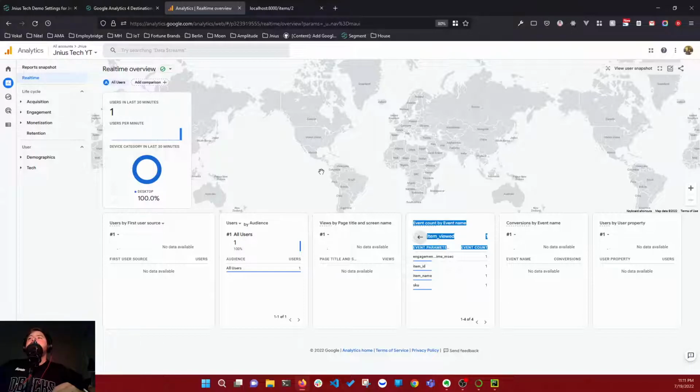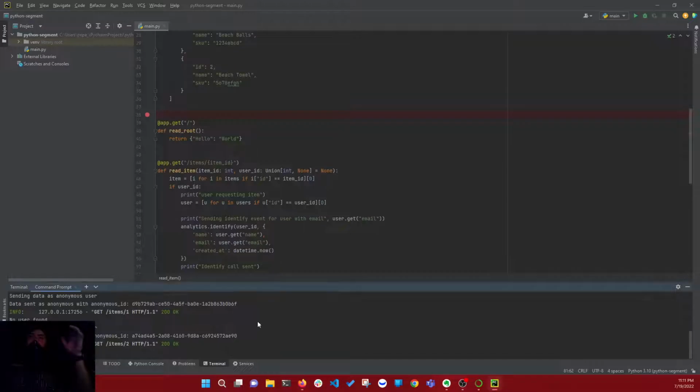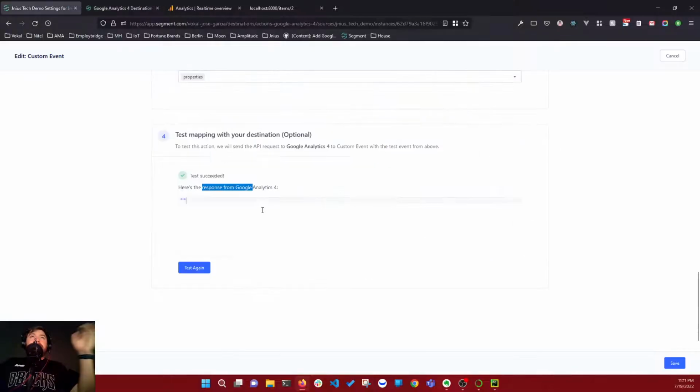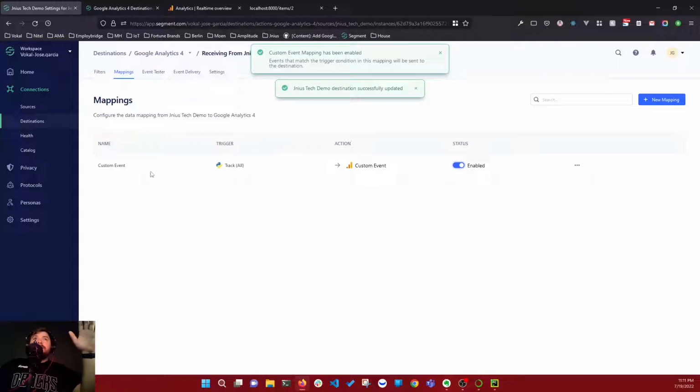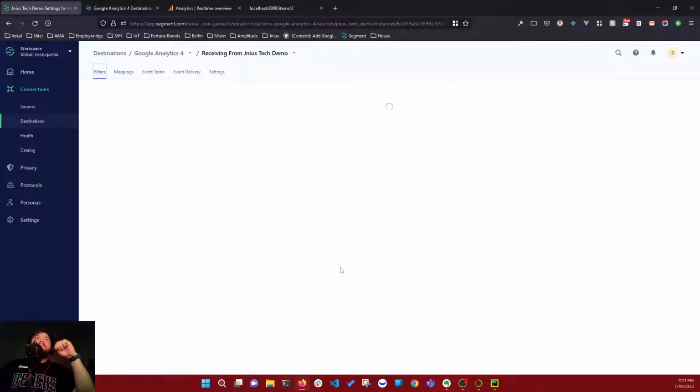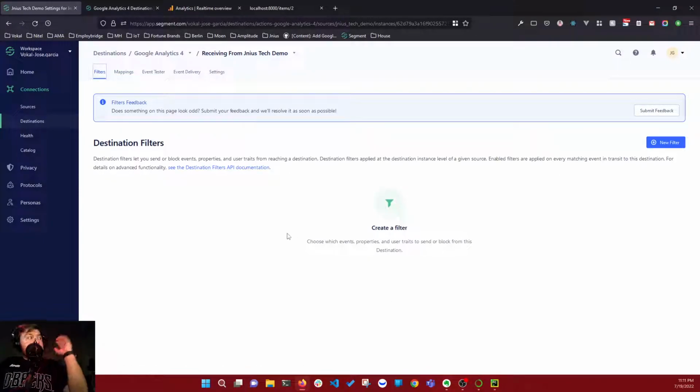I'll have to see what's up there. But now we have data flowing from a Python API to Segment to Google Analytics. So now we can just enable this at the end. So any track event will get sent. Now, to test it a little more,